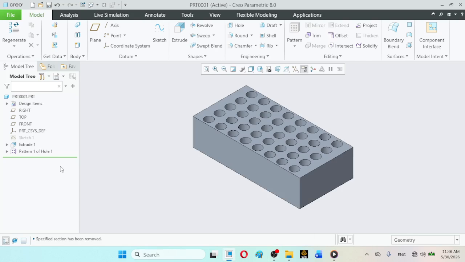The next type that I will be demonstrating is the polar pattern, or circular pattern. As we are familiar, in the circular or polar pattern there is some center of array, so that array center is automatically defined by using a datum axis.